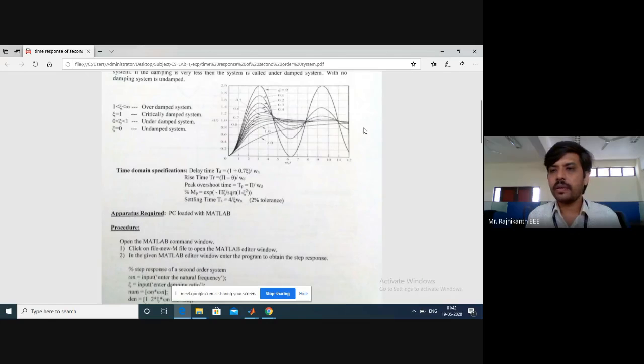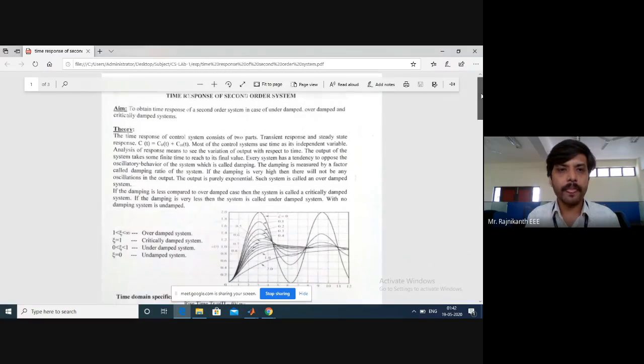Okay, we'll now see the time response of a second order system using MATLAB. The aim is to obtain the time response of a second order system in the case of underdamped, overdamped, and critically damped systems. We know that the standard second order system transfer function is omega n square divided by s square plus 2